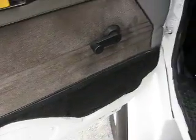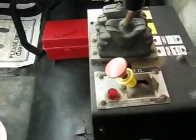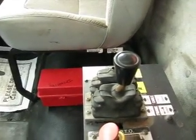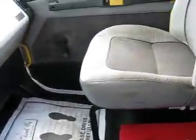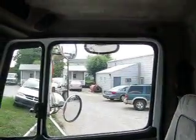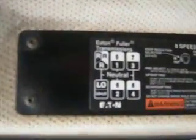Getting down off the truck, we'll move into the driver's door area. As you can see, for the year of the truck, the interior is in very nice condition. Here's a look at the Chelsea Air PTO and the air-powered bed control. It has a raise and lower and hold position. Moving on over to the passenger seat and door. Headliner is intact, no tears or rips, some very slight staining that would be expected for a 99, but nothing nasty at all. Good close-up of the shift pattern,